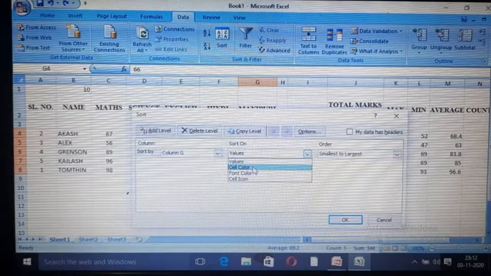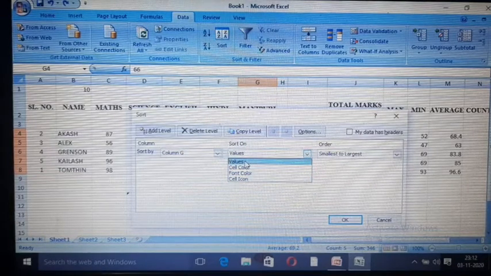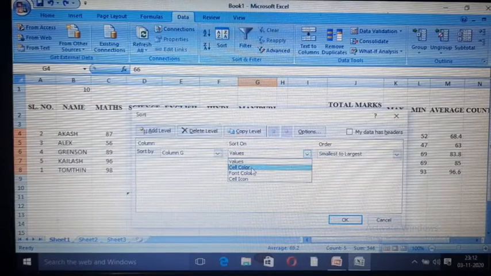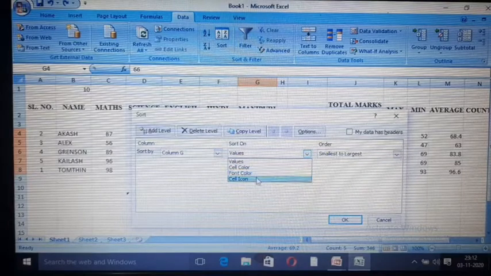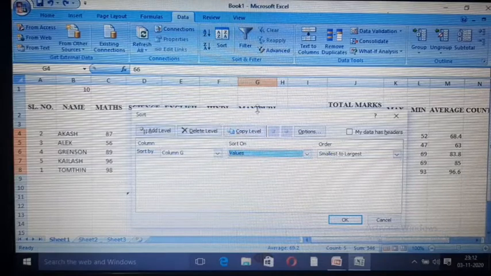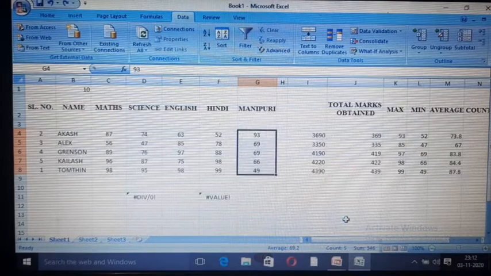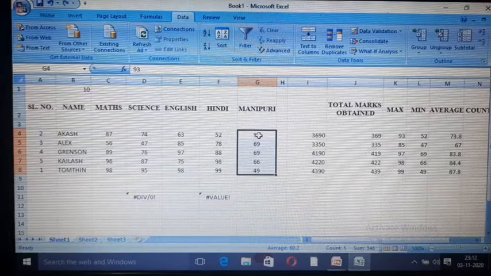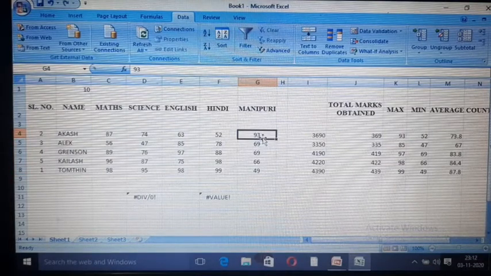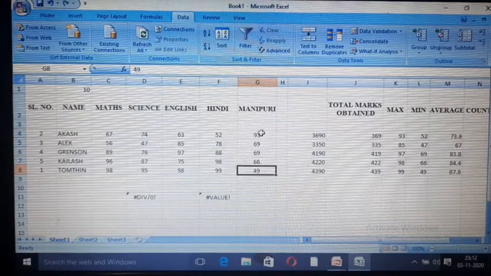Now we are sorting cell color, font color, cell icon. We can sort by cell color, font color, or cell icon. Now we are sorting in the values, that is the marks given here. Now smallest to largest or largest to smallest. Now let's see here, largest to smallest, and click OK. Now the largest mark is given here, 69, 69, 66, from largest to the